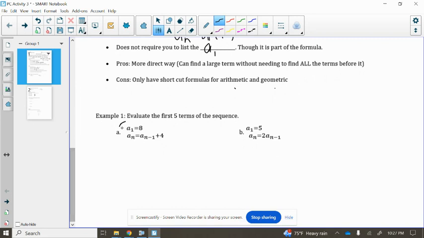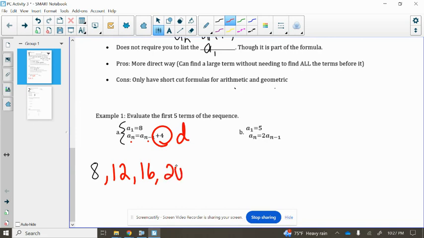Now, how do we use this? Okay, so each time when you have a recursive formula, they are going to state for you your first term and then what you are doing each time in your sequence using the previous term. So to get my current term, I'm going to take my previous term and add 4, aka that's my common difference, right? This is arithmetic. So I'm going to add 4 to get 12, 16, 20, and 24 as terms 2,